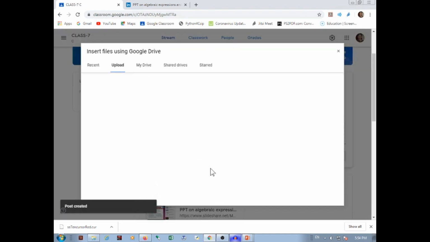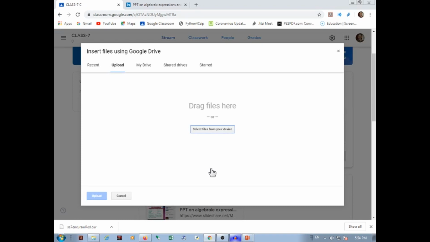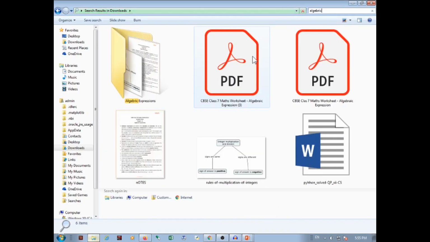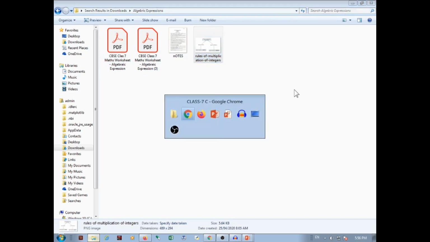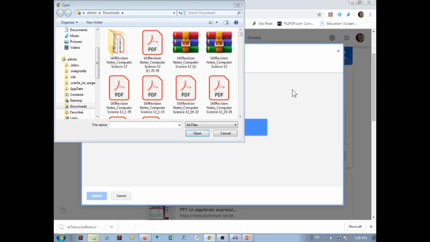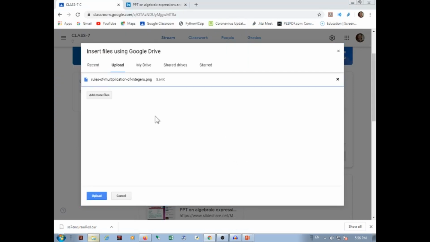As you click on the file, I told you that if you have your own video, in that case you also have to select it here. Once you find the material, the file that you want to share, you click on that. For example, I want to take this particular diagram here, so click on this. Or you can drag and drop it here. I simply took that and dropped it here.